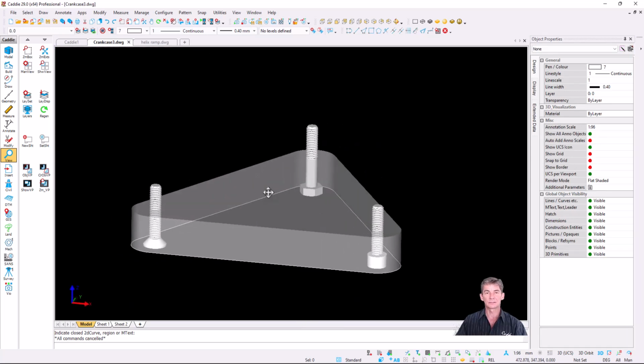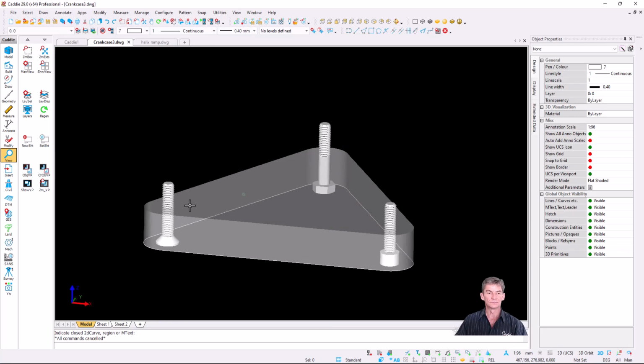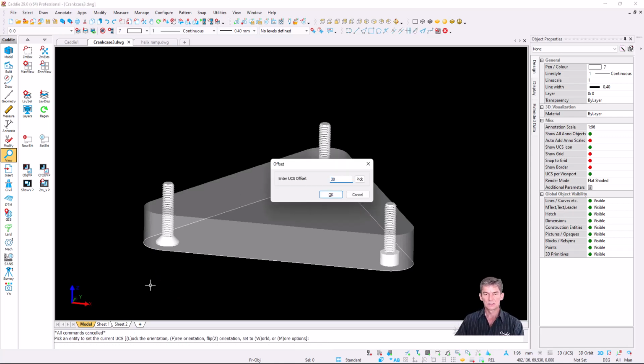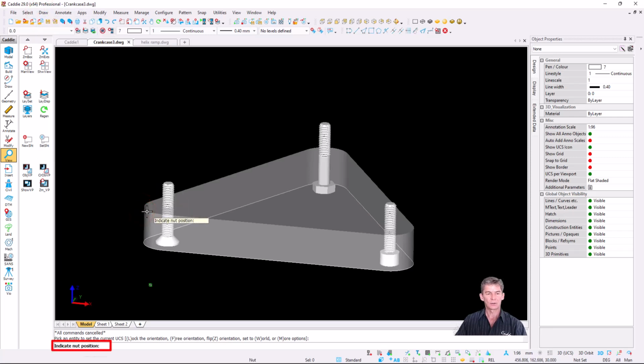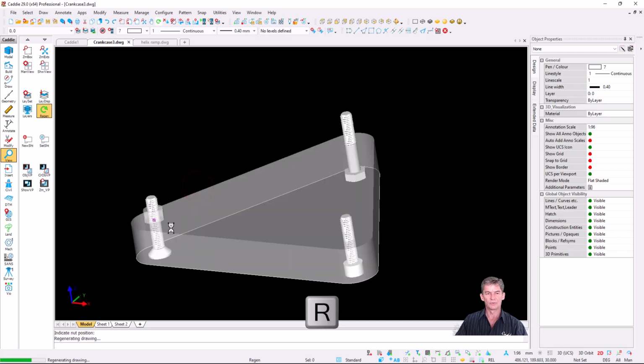So now we can add nuts to it as well. So first of all, let's move the UCS. Let's put it on top. We can say offset because I know the height is 30. Say OK, and the command we're going to make use of is Draw, 3D Solids. We go down to nut. Caddie will ask us to indicate nut position. Now if I'm on 2D at the bottom, it means although I'm going to make use of my point snap in the middle, Caddie should place the nut on top, because my UCS is at the Z height of 30 millimeter. So I'm going to press escape, R for regen,